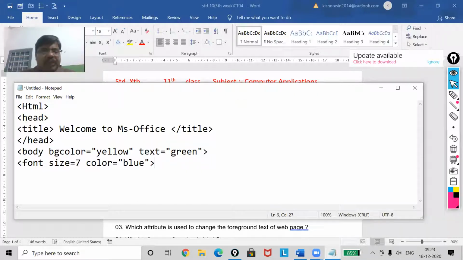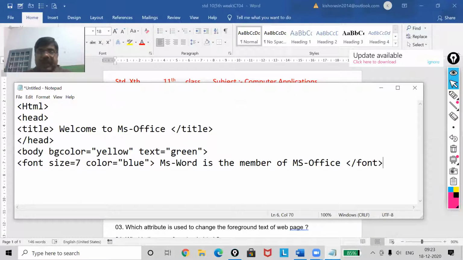So what is your text? MS Word is the member of MS Office, and then /font. If anyone asks to give the largest heading, then which one? H1.